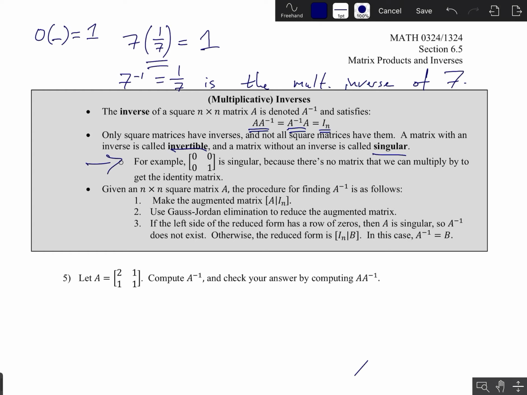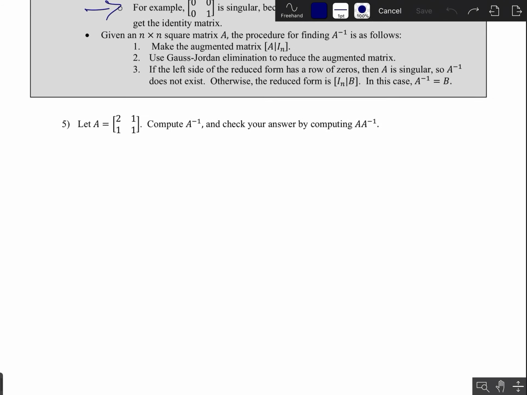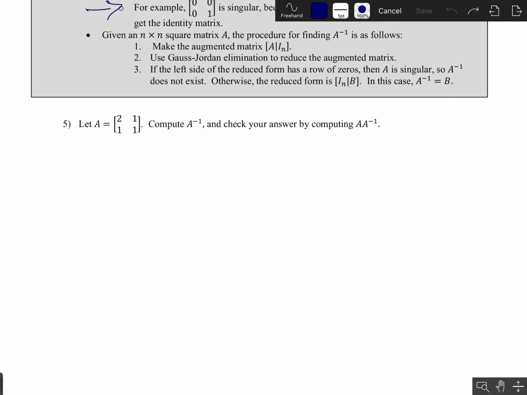So what I'm going to do is I'll tell you the procedure for finding the inverse, and this procedure will also tell us whether or not a particular matrix has an inverse. So the procedure is in this box up here. The procedure says, given an n by n square matrix A, the procedure for finding A inverse is this. You create this augmented matrix. The augmented matrix is your original matrix, whose inverse you want to find, and then you augment the full identity